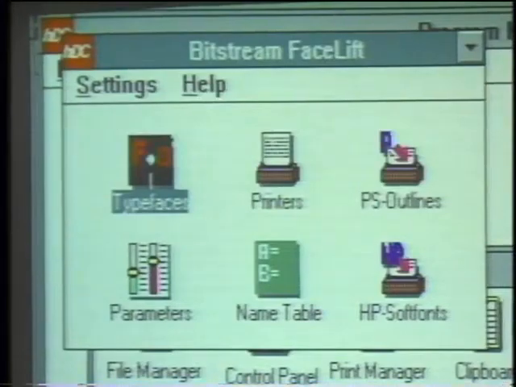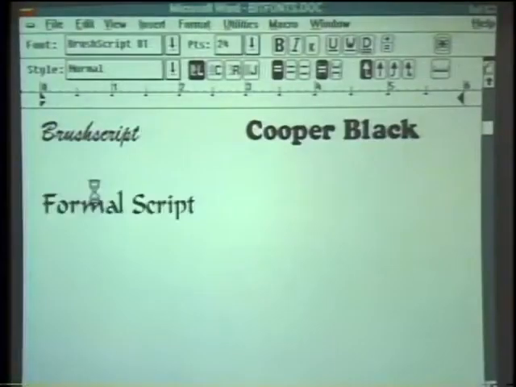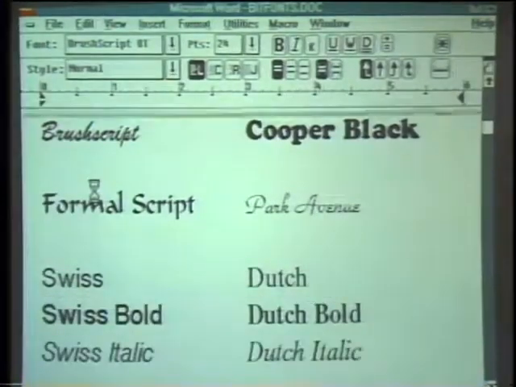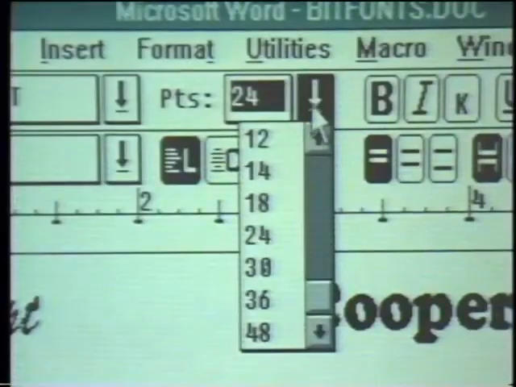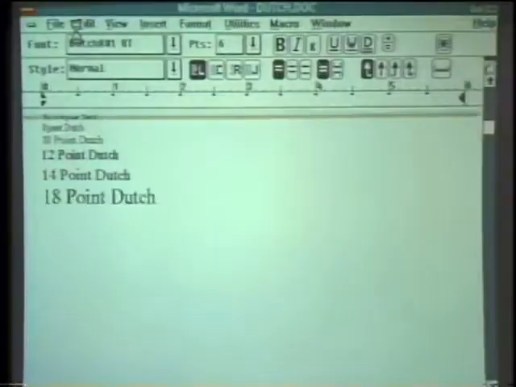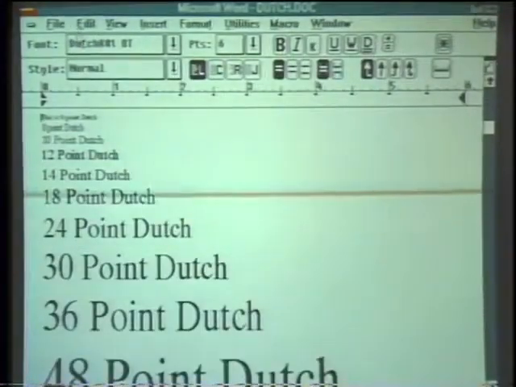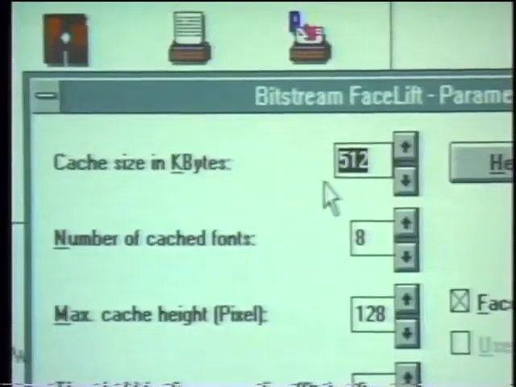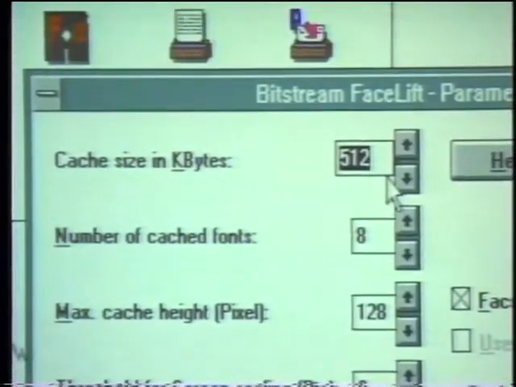Now, it's easy to install. Facelift adds 13 high-quality type fonts to Windows applications like Word for Windows, which we're showing you here. And these are scalable fonts, meaning they can be any size from 6 points up to 128 points. The size depends on how much memory you can make available for font generation. Now, that may mean dedicating 512K to this program, but like most Windows programs,